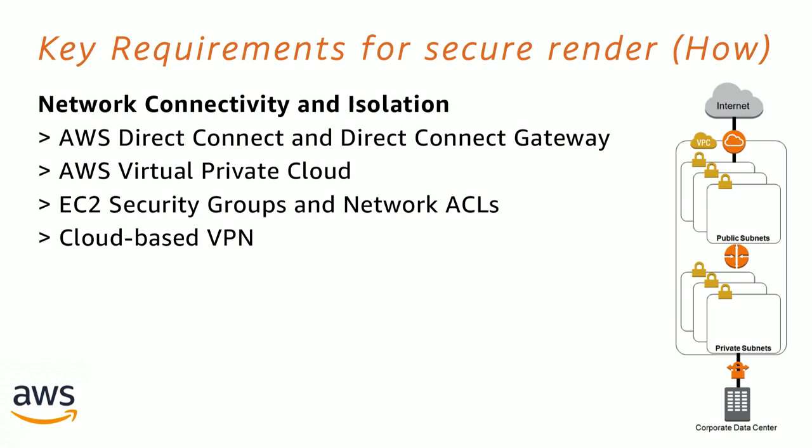Security groups and network ACLs, or access control lists, are stateful and stateless rule tables that apply on a per-instance basis. That's very important. These security groups are specific to single EC2 instances. So in the very worst case scenario, which shouldn't happen, if you open one instance to the entire public, there are other things in place, but that impacts only that one EC2 instance. It doesn't impact your entire render farm of 100 or 1,000 or 100,000 nodes. You can also set up a cloud-based VPN, which could be over the internet, and we offer a default service for that.